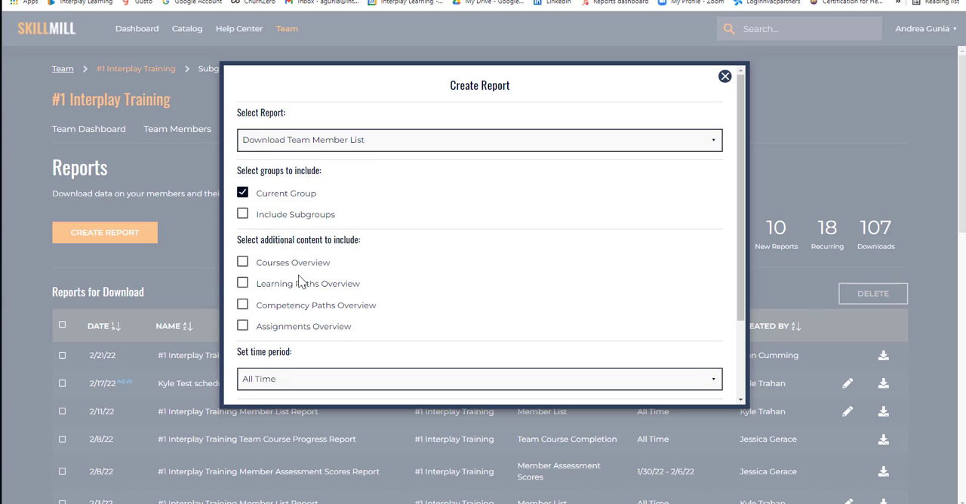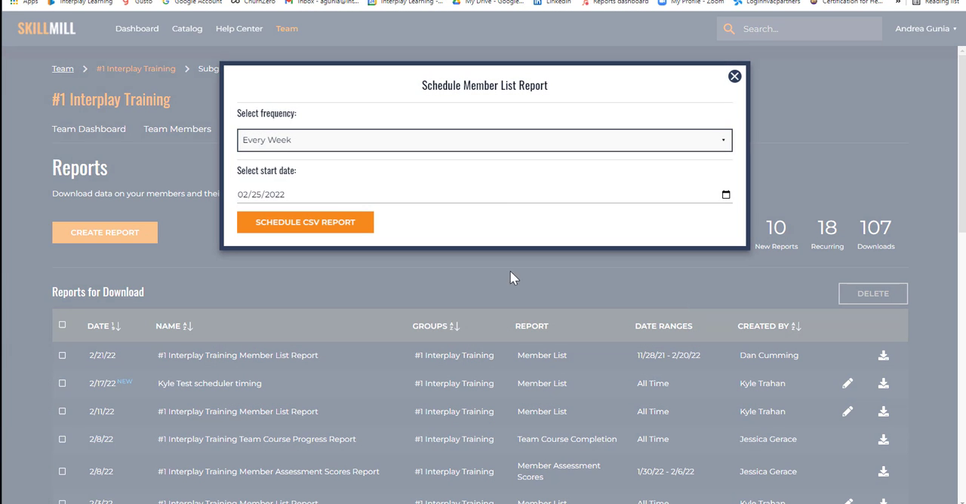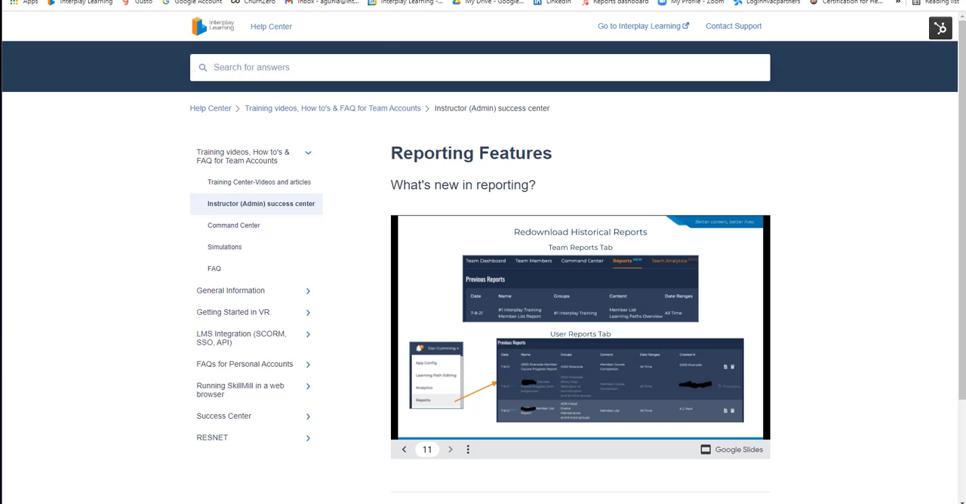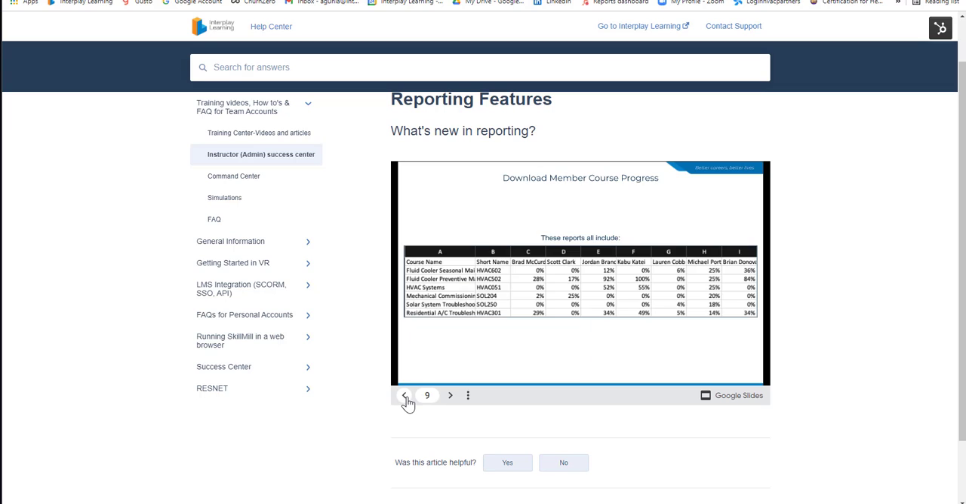It gives you some options of different things you might want to add into your reporting, and you can select a time period as well. You can go ahead and add a name to this reporting if you would like, in which time then you can schedule that report. So maybe you want that report to be sent to you on a certain time frame. There's also an article that goes really into depth on exactly what the reports offer